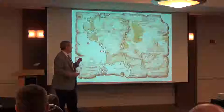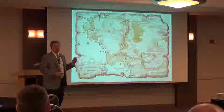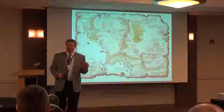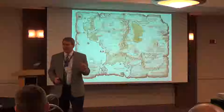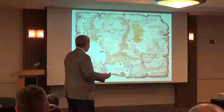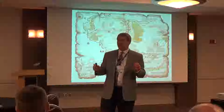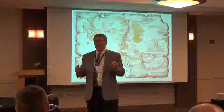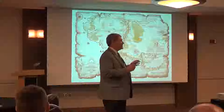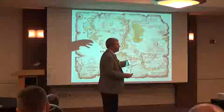And so to do that, I'm going to start out with a detour into Middle Earth. So for those of you who recognize, this is Tolkien's Middle Earth, and it's a map, and I think the map is a really key thing to have. The map gives you directions. It tells you where to go to take that ring, to throw it in the lava and get rid of